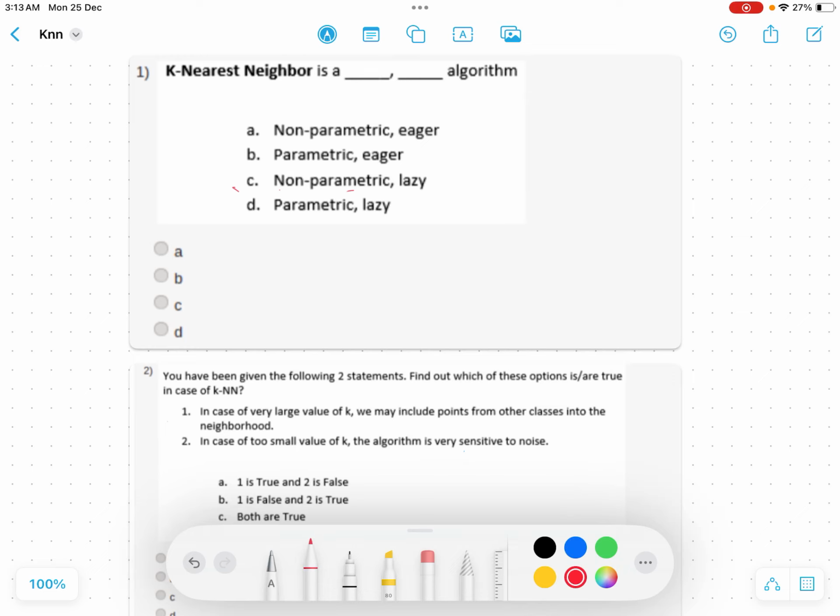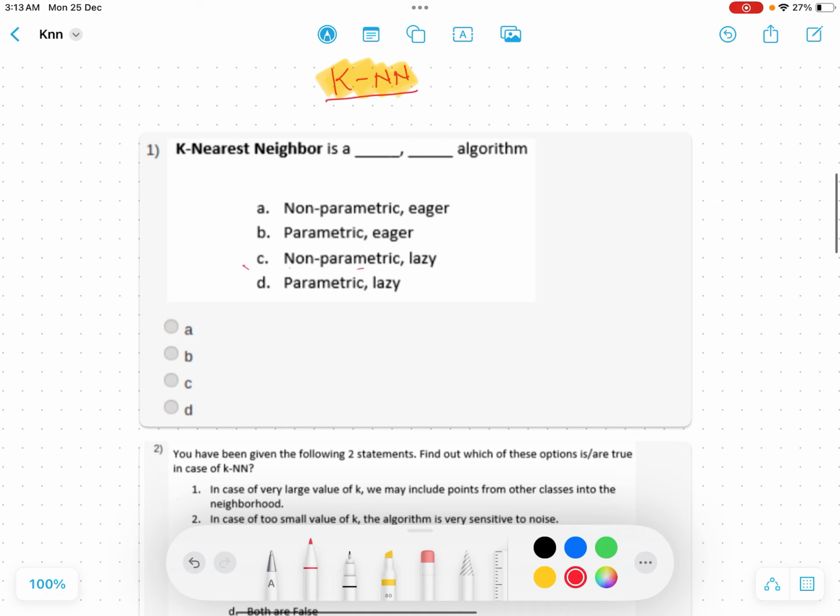Hello and welcome. So today we are going to look at a few of the questions from K nearest neighbor,